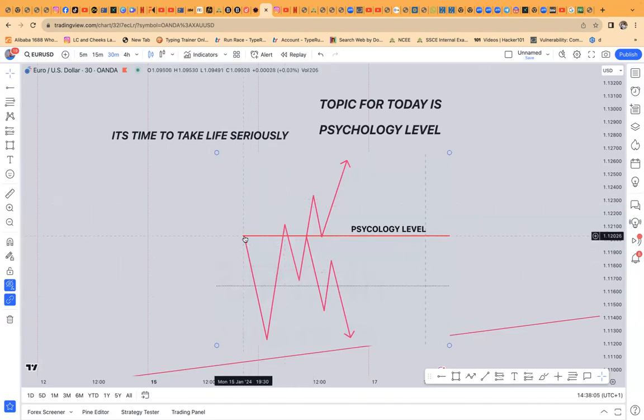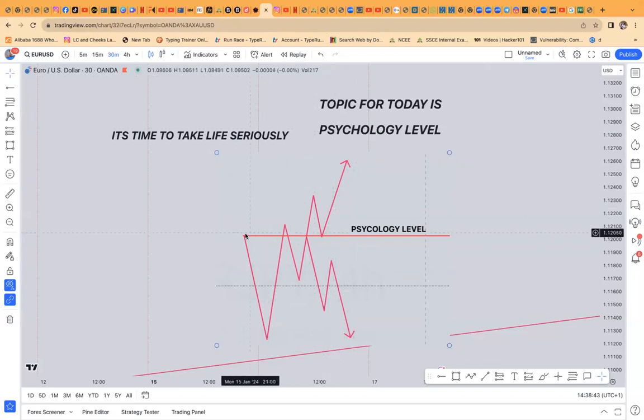Now, this is a price at a supply zone. And what price did was to sweep this guy away. Hence, after sweeping that guy, it came down to this level. So now that the price has come down, I have marked out this psychology level. Two things are left. Since price has retraced to this point, is it going to keep dropping down, or is it going to break above? So now it is one thing we need to understand.